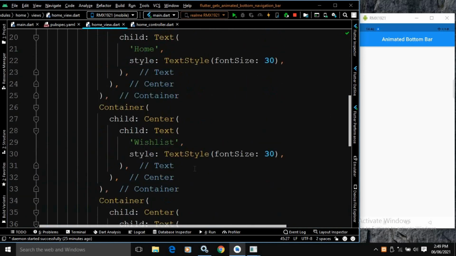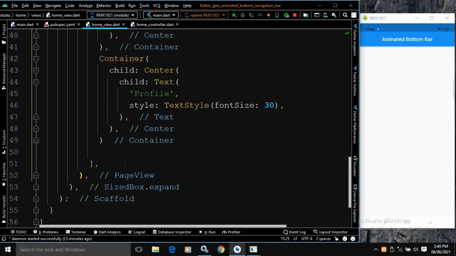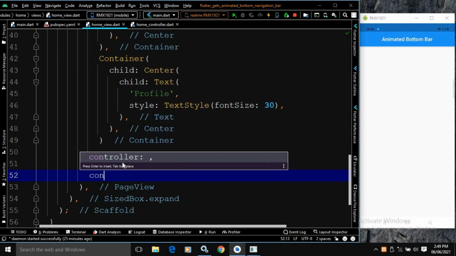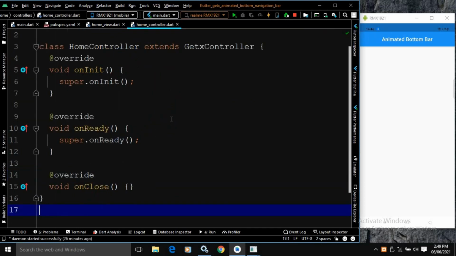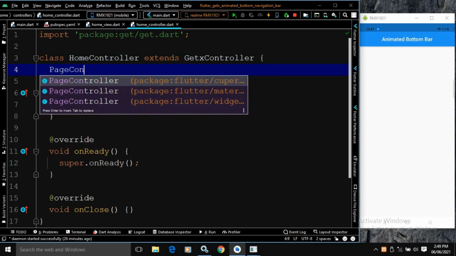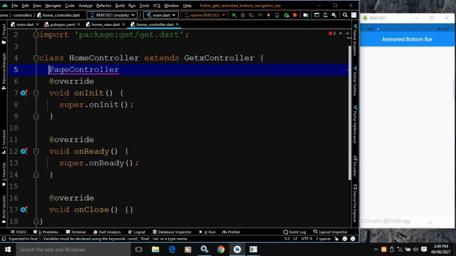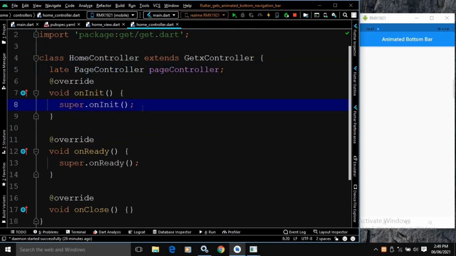Now here for this PageView, here I will use controller, and to use the controller, I will move to the home controller. In the home controller here I will use PageController. Here I will use late PageController, and after that in the onInit method I will create the instance of the PageController.